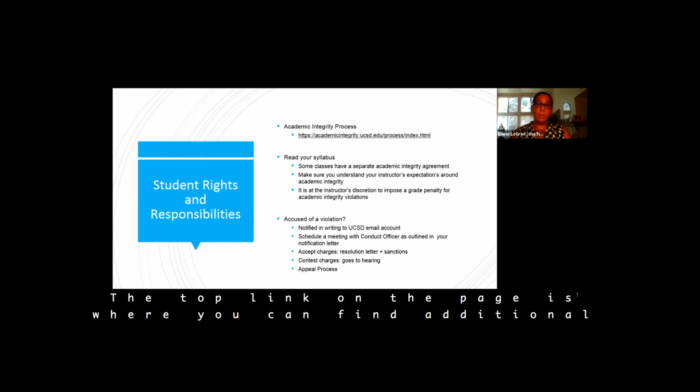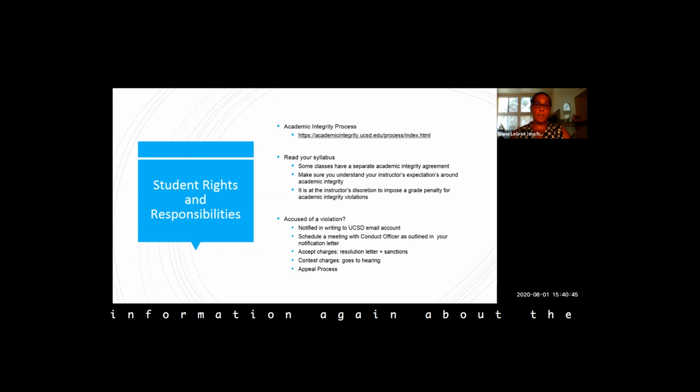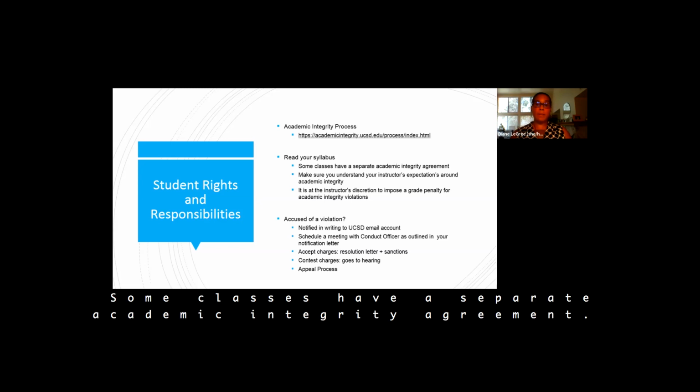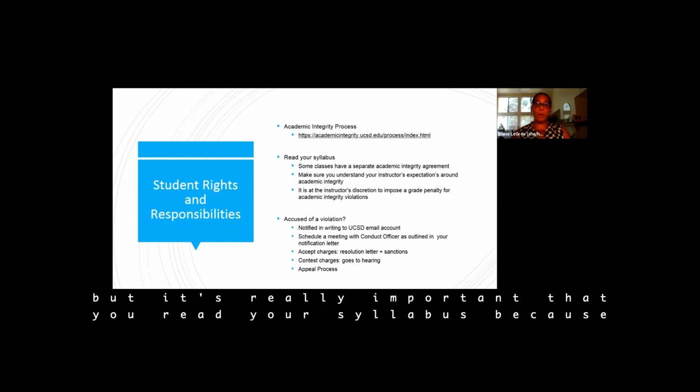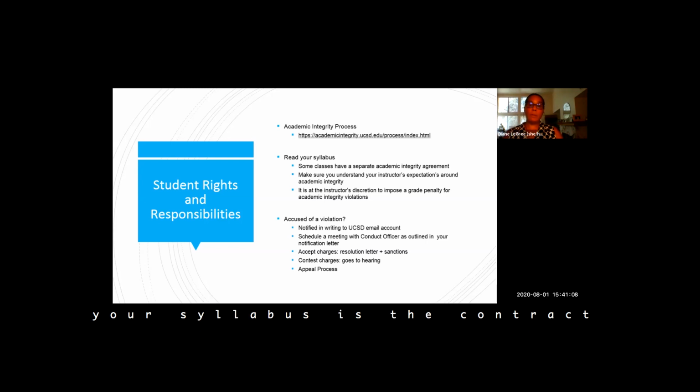The top link on the page is where you can find additional information, again, about the academic integrity process. It's really important that you read your syllabus. Some classes have a separate academic integrity agreement. Some classes, such as computer science and engineering, maybe some math classes or physics classes, but it's really important that you read your syllabus, because your syllabus is the contract between your instructor and you and outlines your expectations around